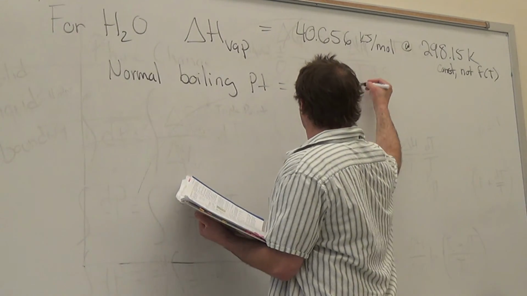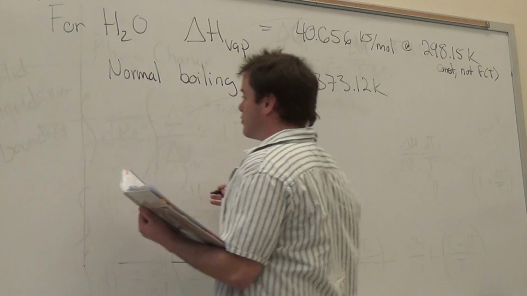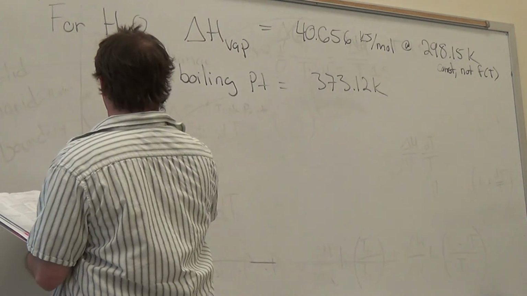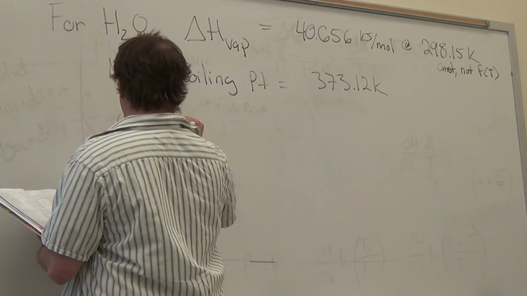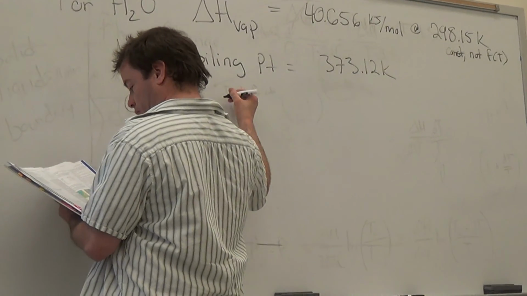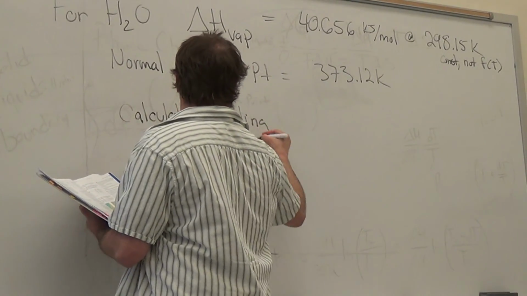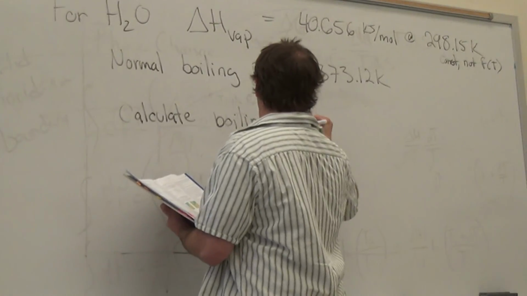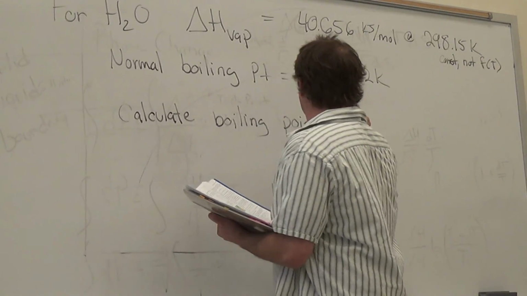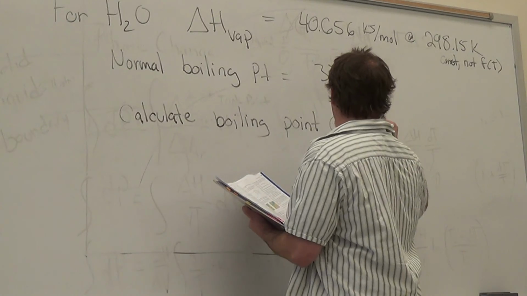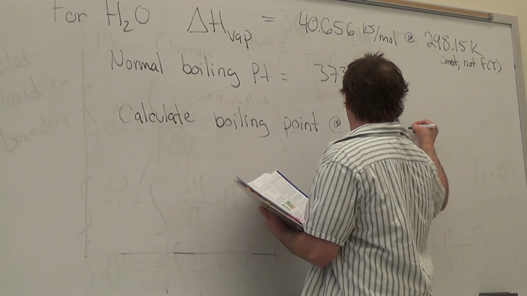Because you got like 61,000. 61,000. Do it as per day, make it delta H. Okay, we got